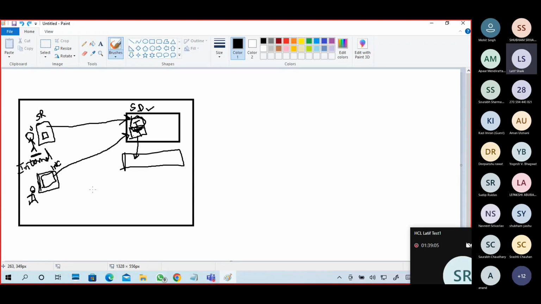Okay, so in both cases the customer is an internal customer, because these users are working in the same organization where the service desk is located.